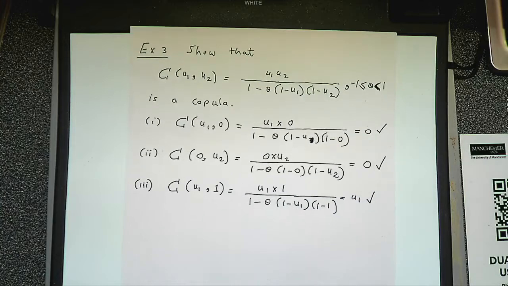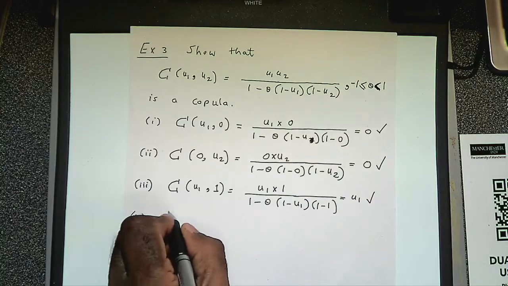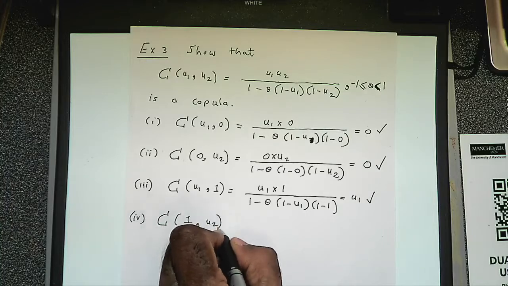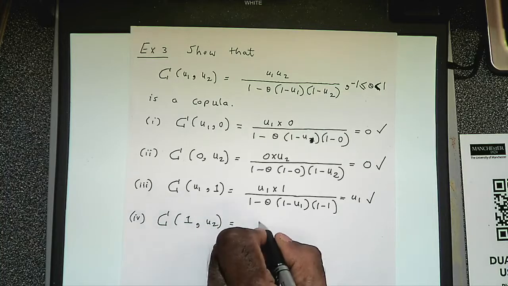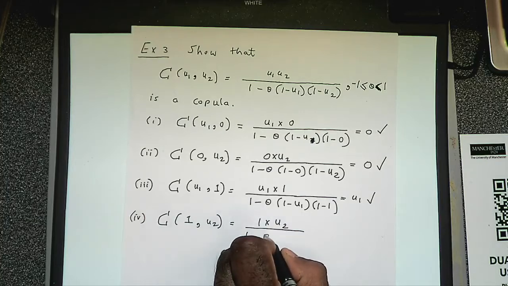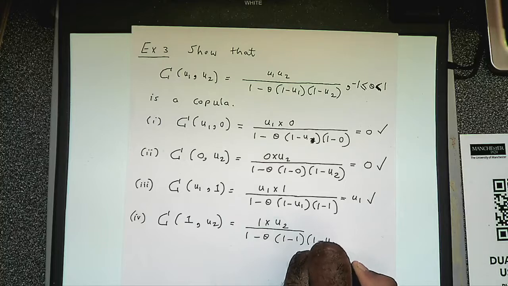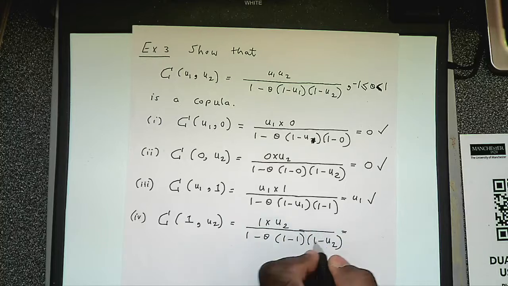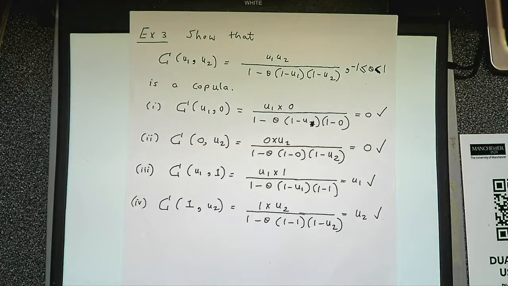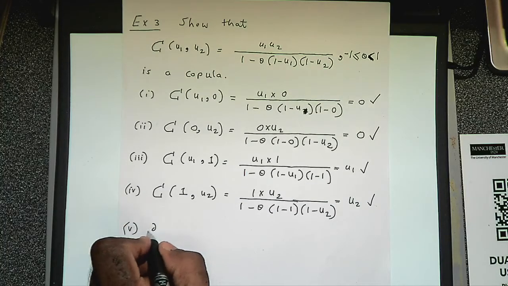Okay, and part 4 is, you put u1 equal to 1, you get 1 times u2 divided by 1 minus theta times 1 minus 1 minus u2, so you get this to be equal to u2, which is what you expect. And part 5, alright, part 5 you need to,